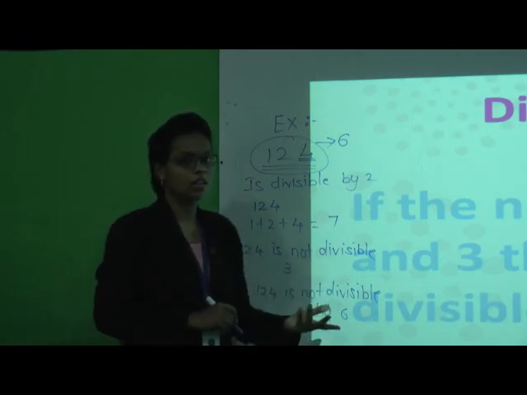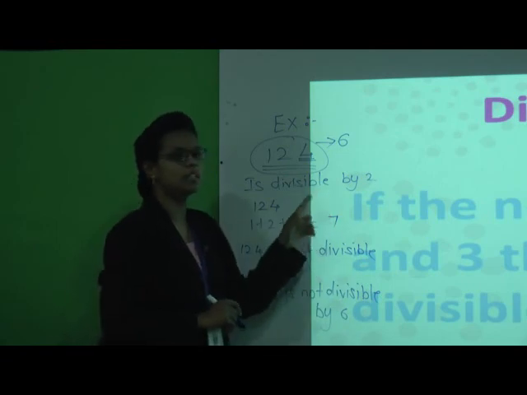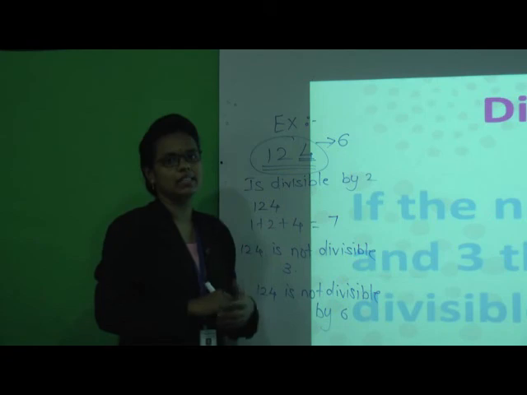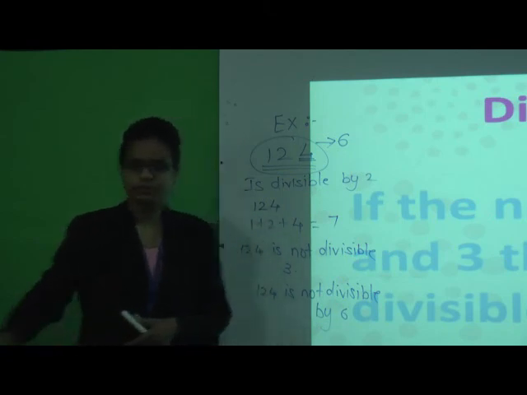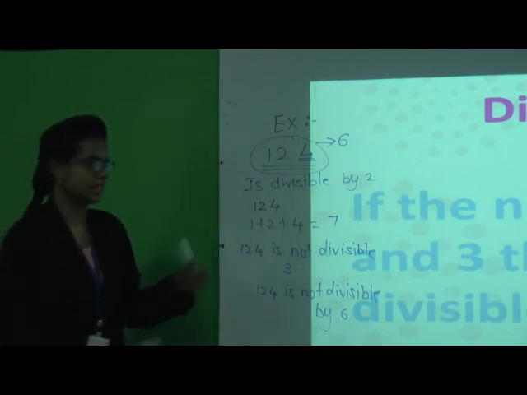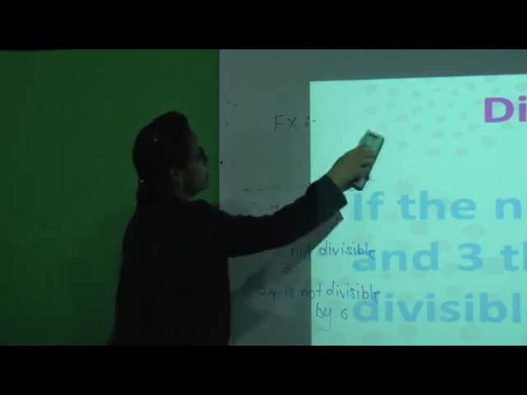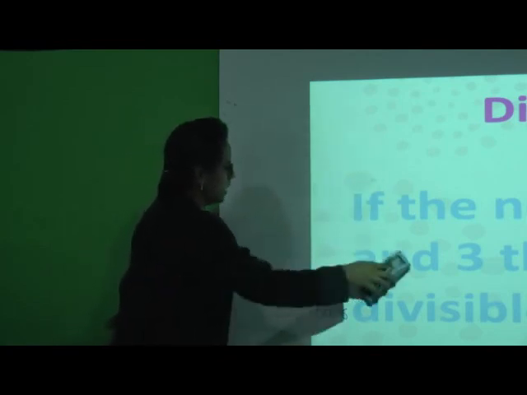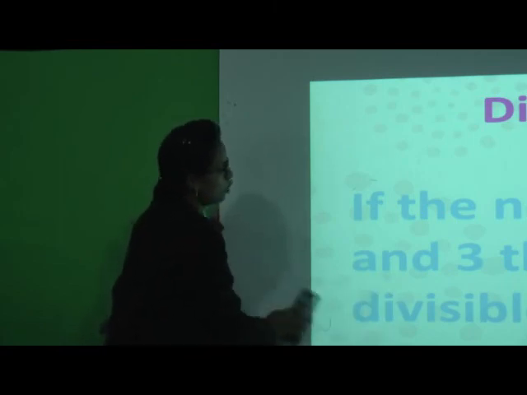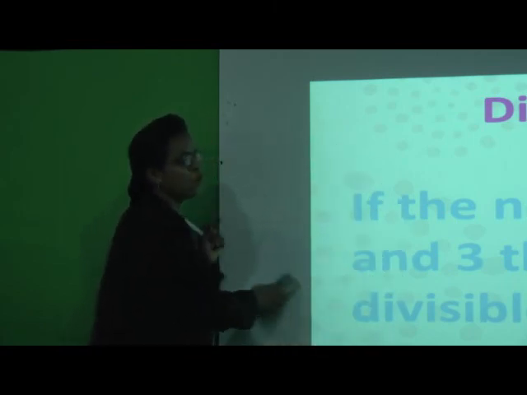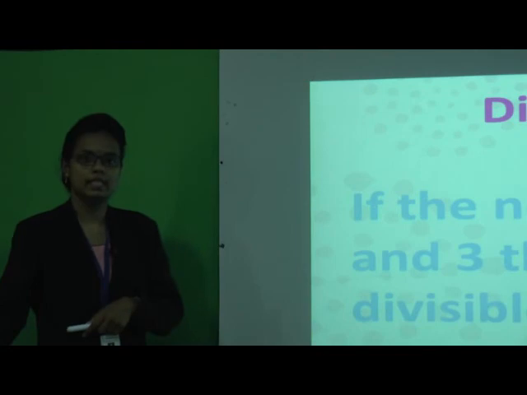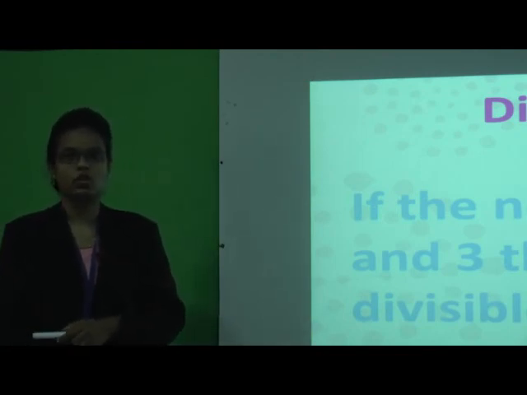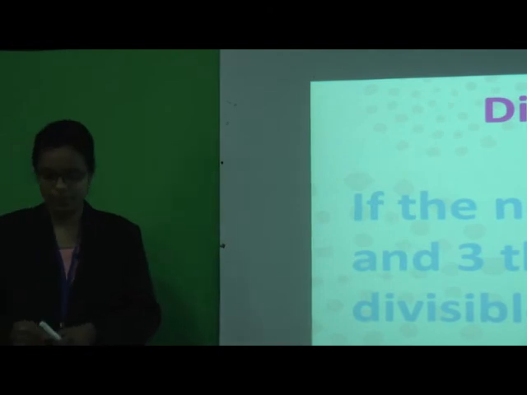If we get another number that is divisible by both 2 as well as 3, then we can say the number is divisible by 6. Okay, so these were the examples and the divisibility rules we have seen for different numbers like 2, 3, 4, 5, 6, 8, 9, 10 and 11. So let us solve examples.